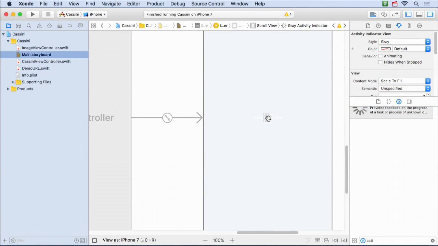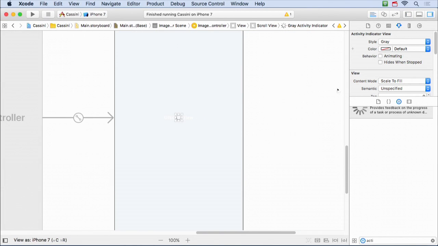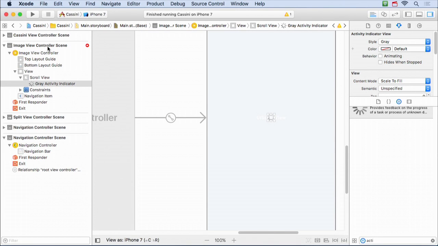Now, what I just did there was a very bad thing. It looked fine, but it's very bad. And it's a little subtle as to why it's bad. So let's investigate in depth why it was bad that I dragged that in there. The way we're going to see that it's bad is by bringing out, for the first time, this document outline. This little thing in the lower left, which I told you we were going to talk about, and here we are talking about it. This is everything that's in our storyboard in outline form, in kind of text form.